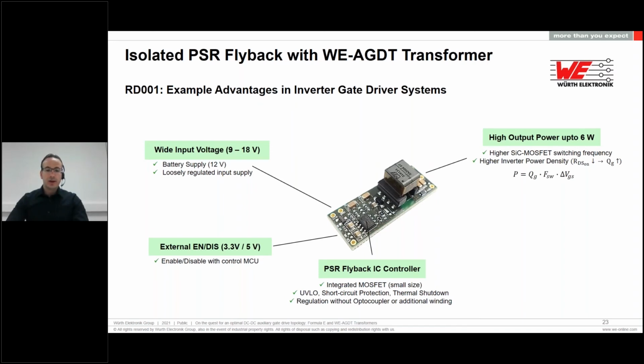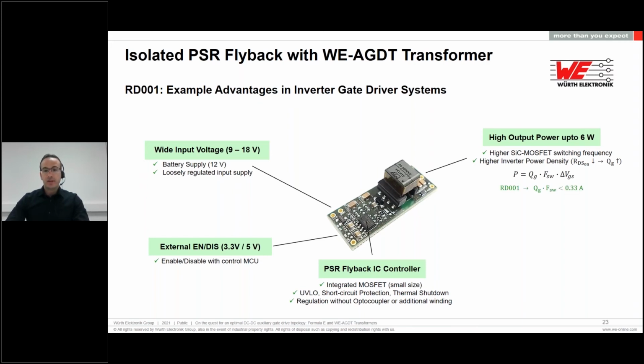using SiC-MOSFET devices or power modules with the same size or a smaller size and lower RDS(on). However, the RDS(on) parameter is in a trade-off with the gate charge of the MOSFET device. So lower RDS(on) is going to come at the cost of higher gate charge. But if we have higher power in the auxiliary supply, we can drive these SiC-MOSFET devices with higher gate charge.